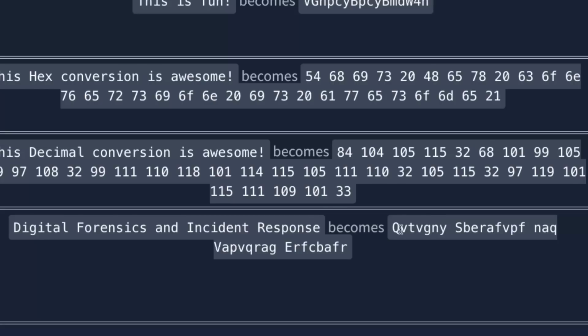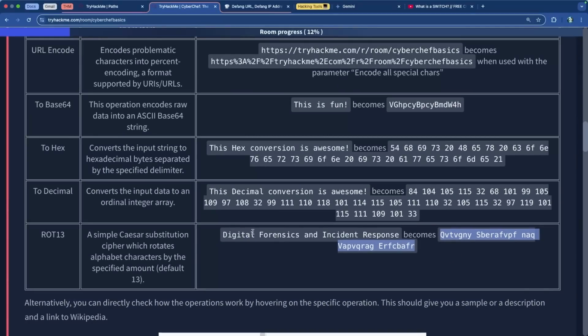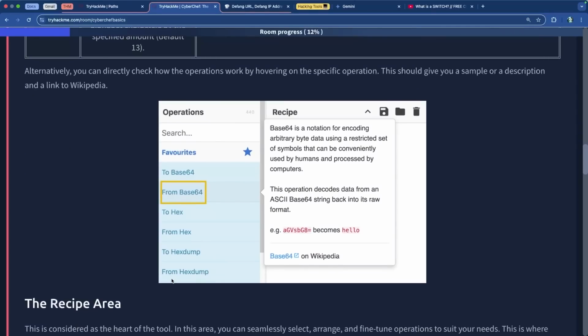So that's essentially it. If you know that you move 13 characters back, you can actually decode this, and the key in that moment would be that it's 13 characters. So the default is 13 characters. As long as you know that you're using this Caesar cipher, and you know what the key is, meaning the number of spaces that it's moving, then you'll be able to decrypt any message that has been encrypted using the Caesar cipher. So you can directly check on how the operations work by hovering over them,